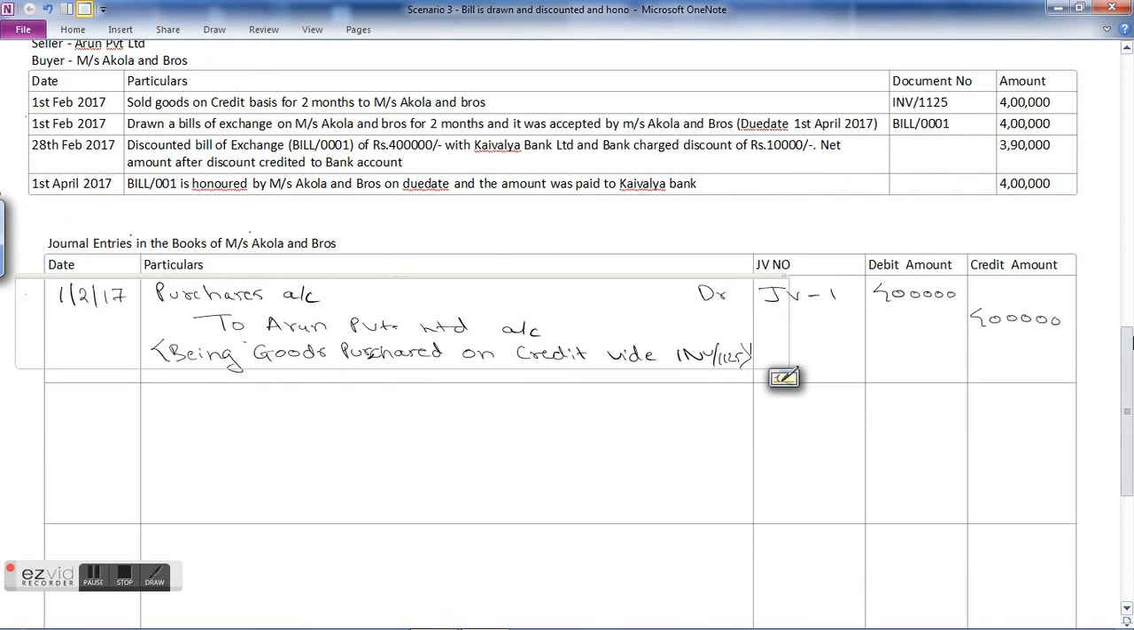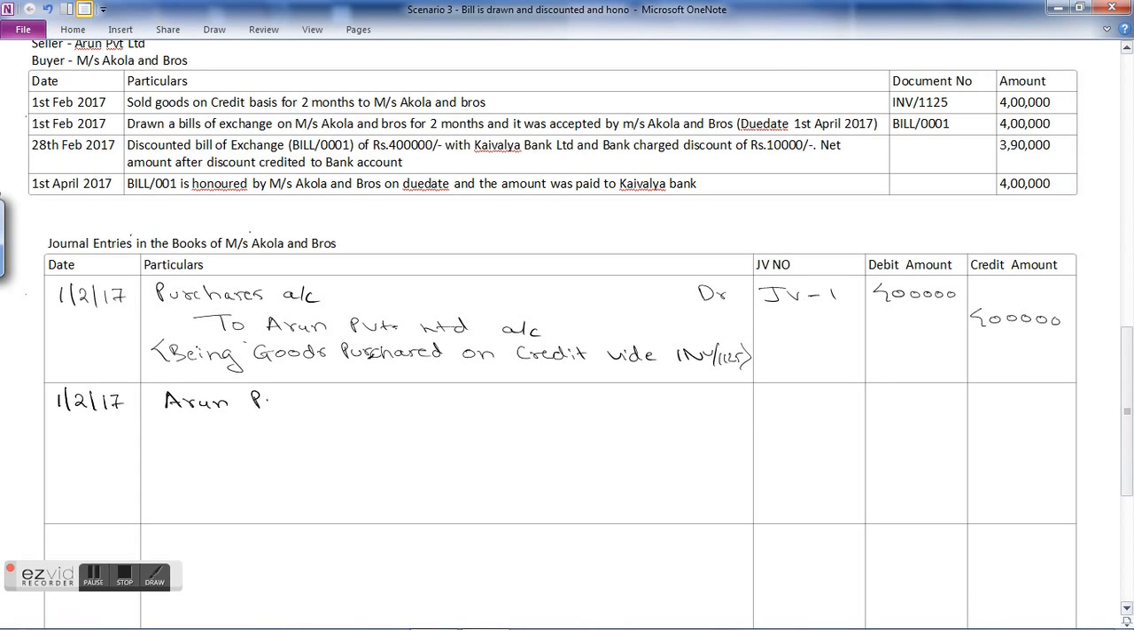Messrs. Akola and Brothers has accepted a bill of exchange. Arun Private Limited draws a bill of exchange on Messrs. Akola and Brothers for 2 months, and it was accepted by Messrs. Akola and Brothers. So what has happened in books of Akola and Brothers is the creditors balance, that is balance in the Arun Private Limited, will get reduced, and there will be a new liability of bills payable that will be formed. So the entry will be